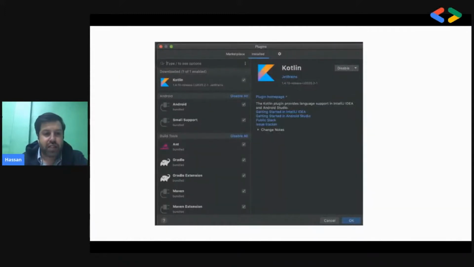All these new features are available in Kotlin 1.4. You can download the new IntelliJ IDE, or you can use Android Studio and update the Kotlin plugin to 1.4. That's how you can use the new features.